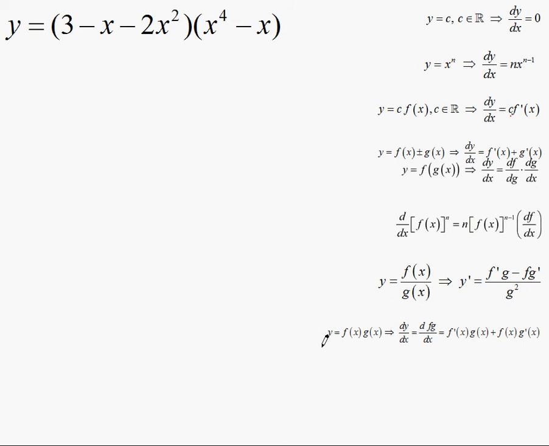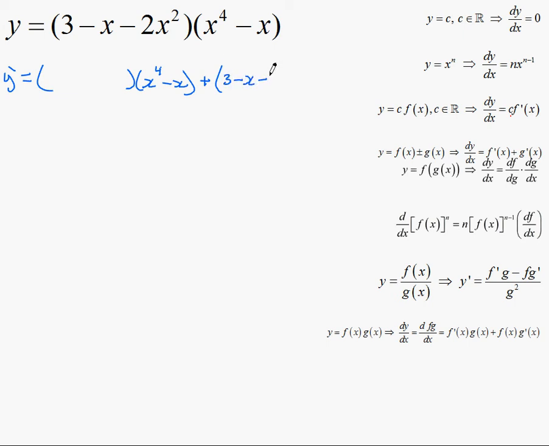Next example, we're going to use this last rule written here, and this will be the last example for this video. And this is the product rule. And the product rule says we take the derivative of the first term, keep the second the same, plus keep the first term, and multiply by the derivative of the second term. So we're going to take the derivative of the first term, and we'll fill that in a second, and keep the second term the same, so that one's not going to change, plus then we're going to keep the first term,